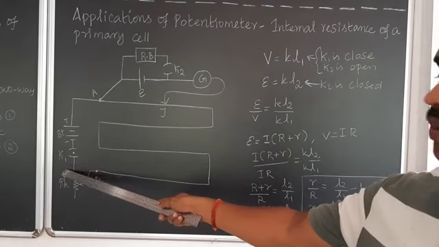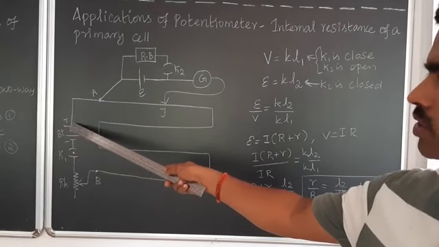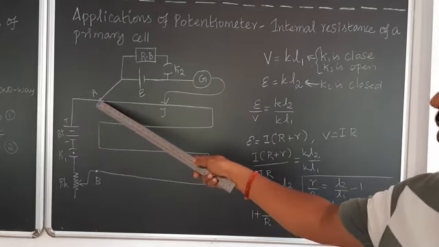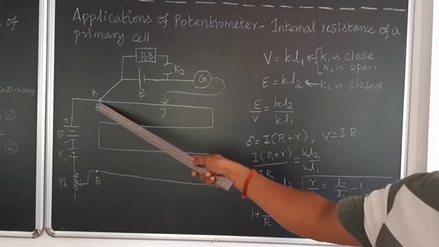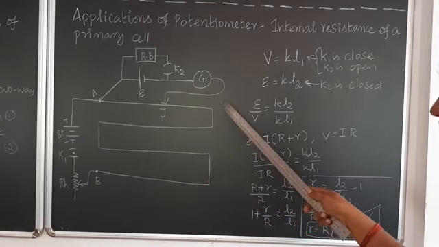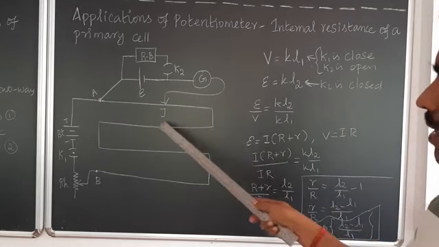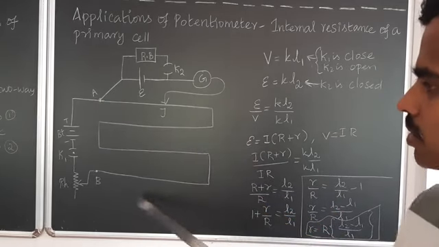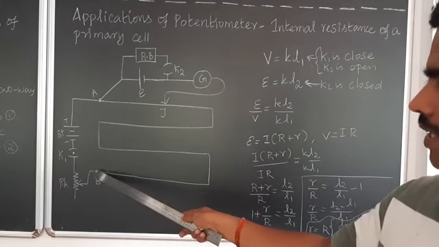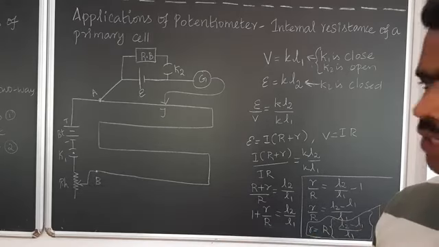Note down, key K1 and the battery. The positive terminal of the battery is connected to one end of the potentiometer that I mentioned as point A, and 1 meter distance using copper strips again connected in series, and similarly it goes up to point B. From the other side of B, it is connected to the variable rheostat.